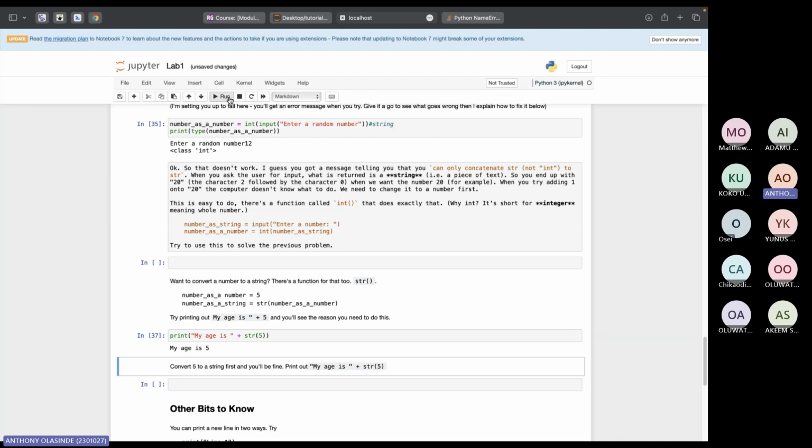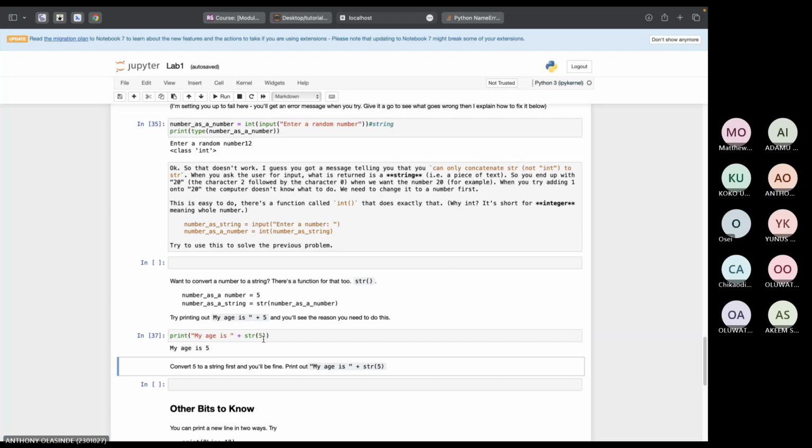For converting a string to an integer, maybe you got something that is a string, right? And you need to do some arithmetic. Arithmetic will not be done on a string, so you need to convert those strings to an integer. If you have a string and you're trying to print out an integer with that string, then you need to convert that integer to a string so as to print it out. So what happens here is it changes this 5